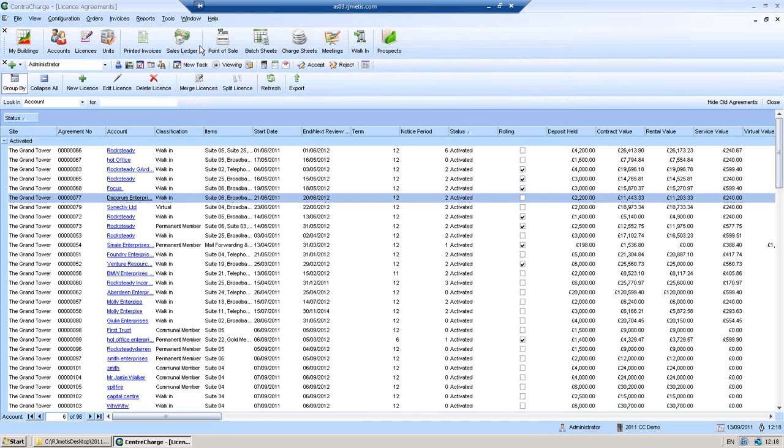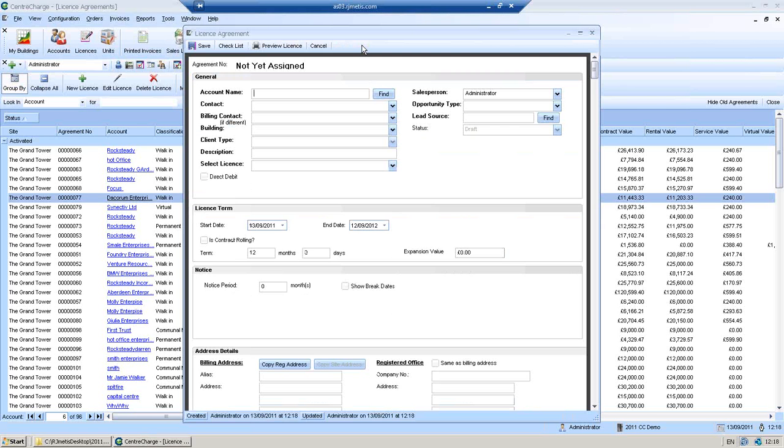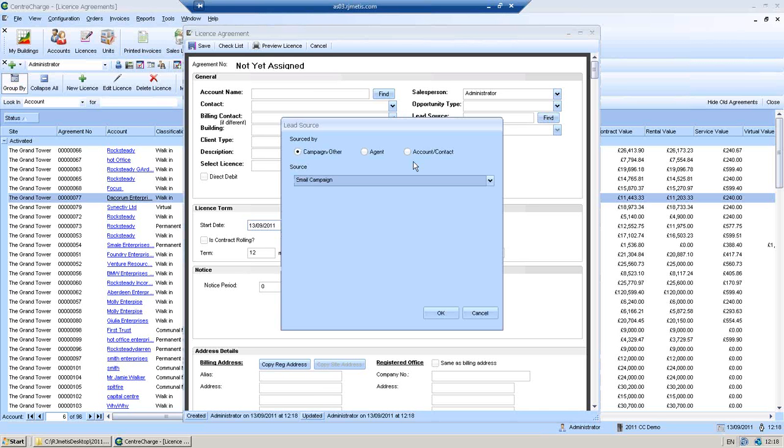Okay. And the last thing we're going to cover within licenses is the ability to add a referral as a lead source for your license agreement. So if we click on Walk-in just to show a draft license agreement again, obviously you'd fill in these details as normal. But if you go to lead source, click on Find, you can see you've got the added ability to select an account or contact. So if they've referred you, then you can